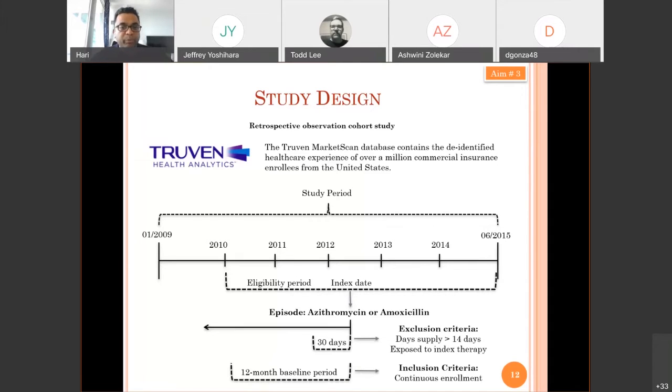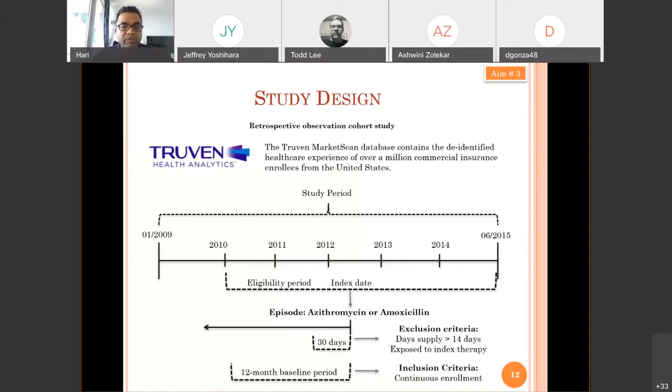And really, the only washout period we applied was that patients couldn't have been exposed to either one of these therapies in the 30 days prior to the index date. And then we also didn't want to look at the maintenance use of these medications. So azithromycin, perhaps among COPD patients, there are other conditions in which it might be used as a maintenance therapy. What we're interested in is patients who are prescribed azithromycin on a short-term basis, a 3 to 5 day period for acute bacterial infections. Are they at a higher risk of cardiac events?